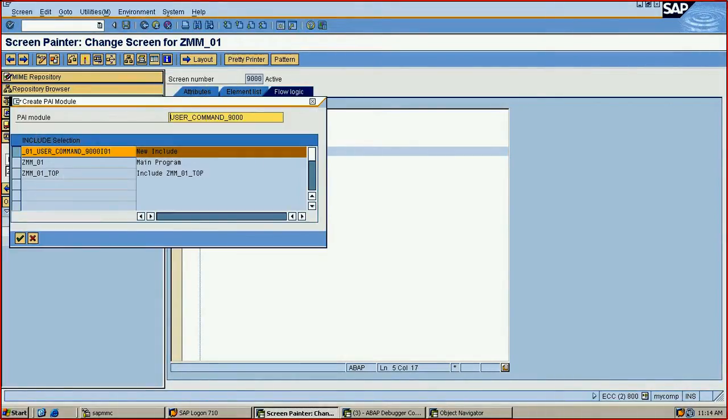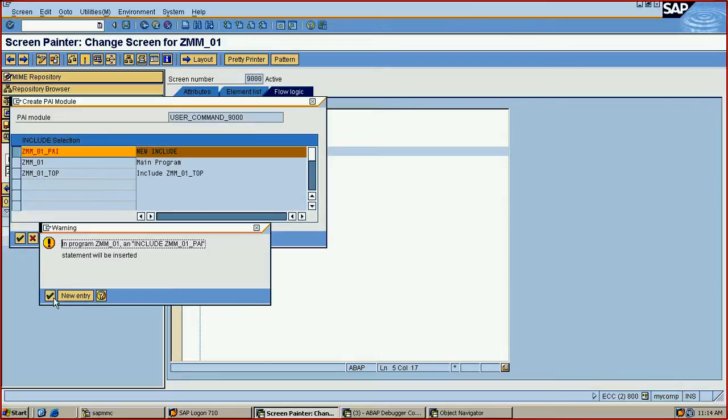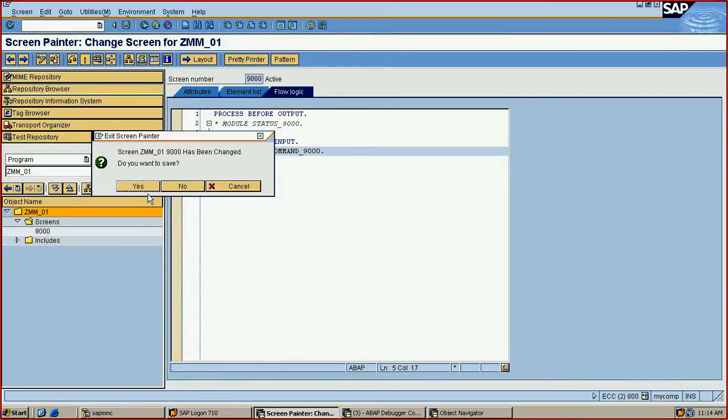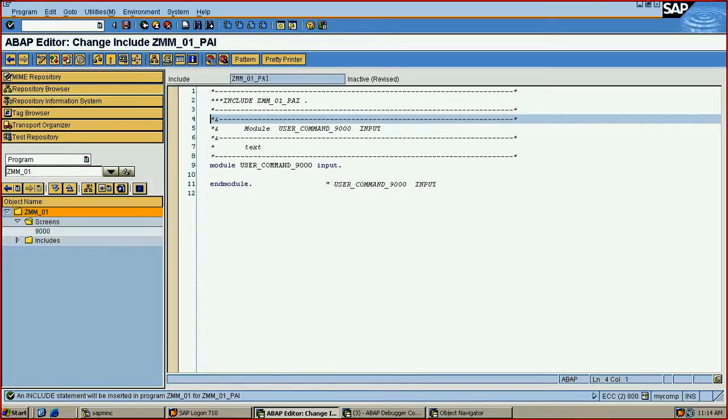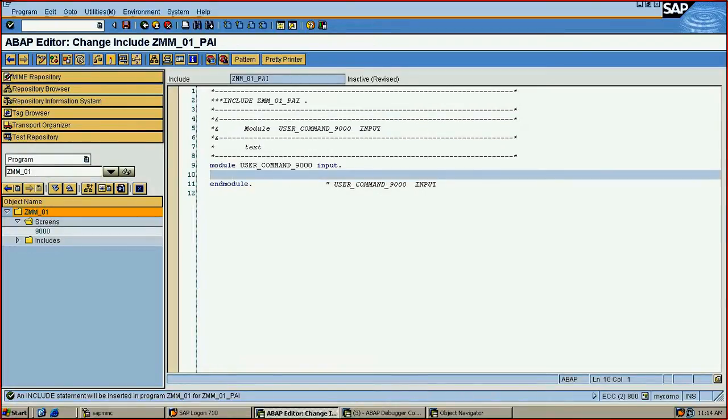Yes, and for this we may create one more include, so that we can understand. Okay, so this is our include for PAI. So I am creating one more include for PAI. Okay, it is telling it is not created, you want to create? Yes, so it will create one include like PAI. So here I can write my logic. So what logic I want to write? I want to write like if